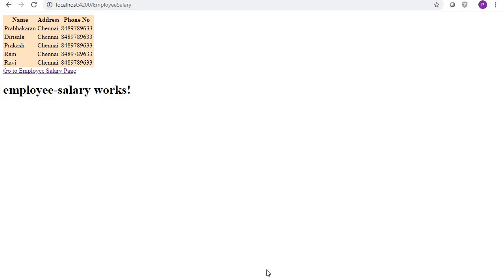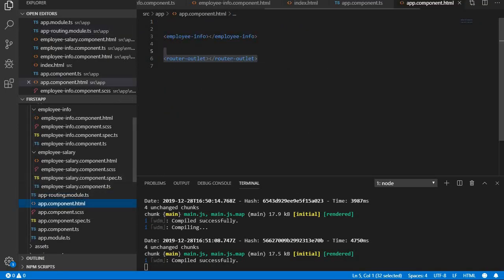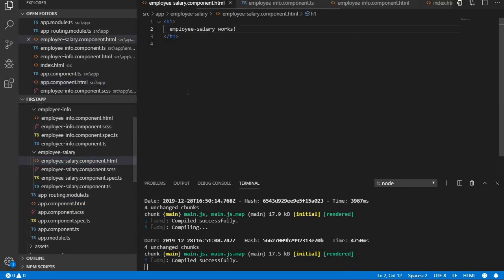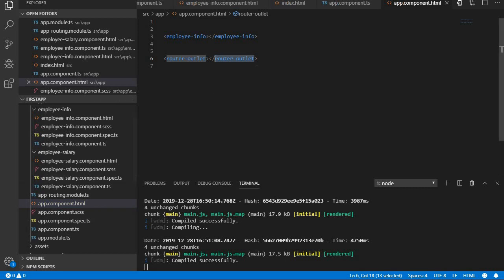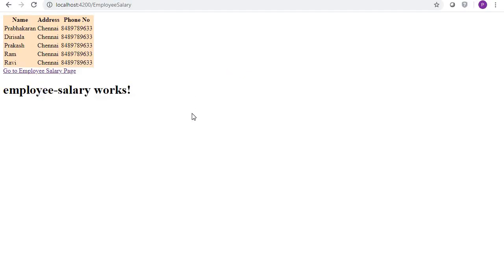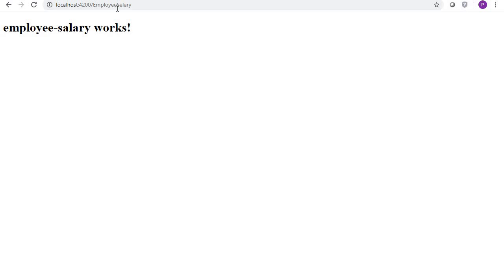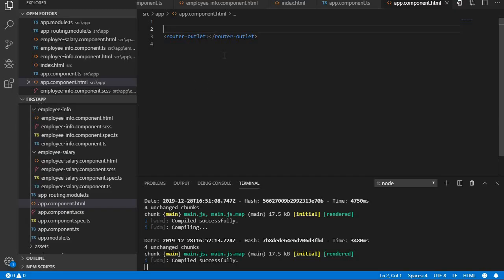In app.component.html we have used both the router outlet as well as one component selector. What will happen now is it will bind this employee info as well, and also if you click that router, the placeholder should place this content as well. So to make sense, I'm just going to delete this one. Now you are getting only one value, the employee salary, right? If I navigate to the main page, it will not show anything because in the router outlet